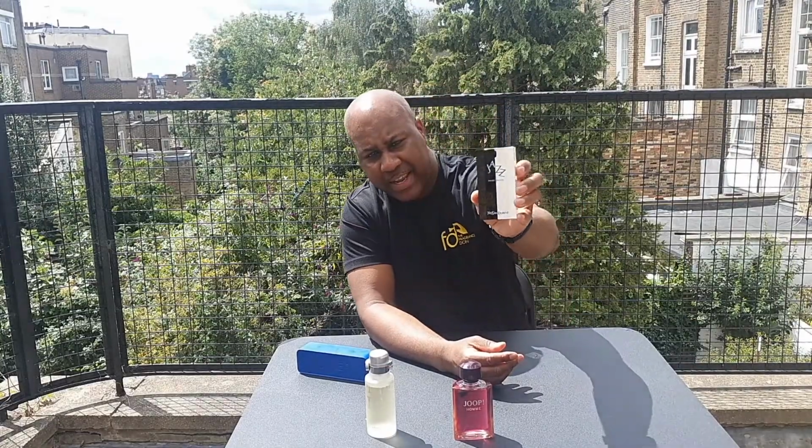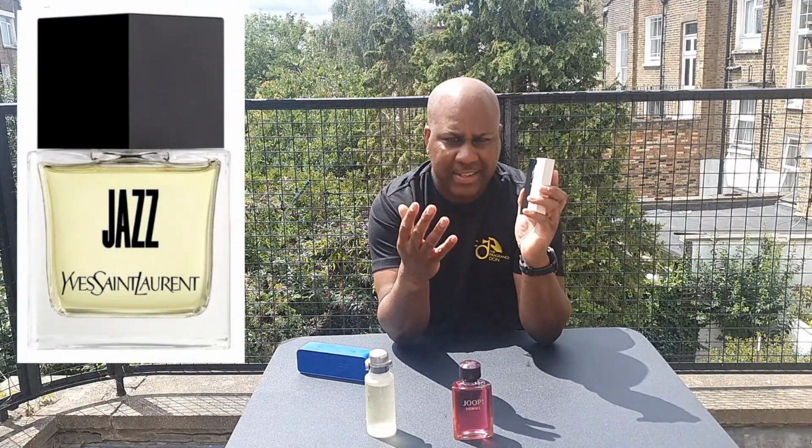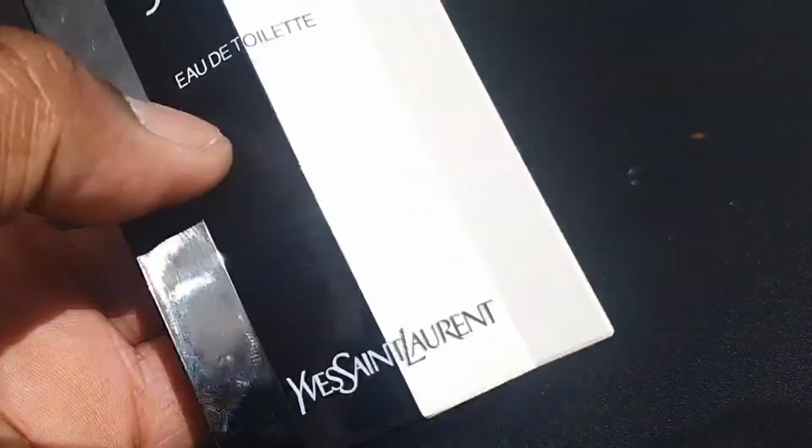And obviously they don't make it anymore, it's stopped production. I mean they do, but it's in a new bottle, and I heard they've reformulated, so they've changed the scent DNA from how it was back then. So I had to get this off eBay, I had to bid for it, but I'm just so happy I've got the original black and white Jazz from Celeron. It is just amazing. It does smell a bit old school now compared to back then,